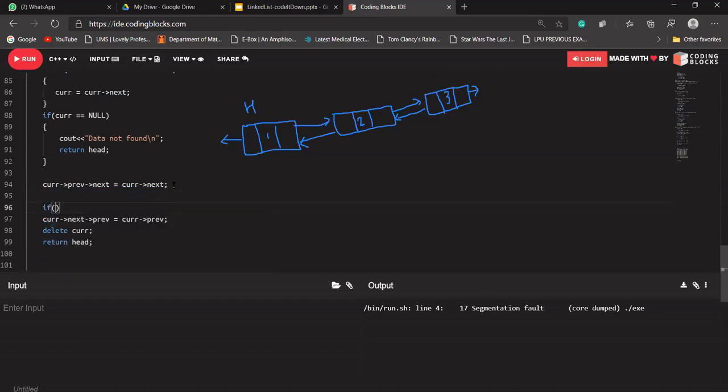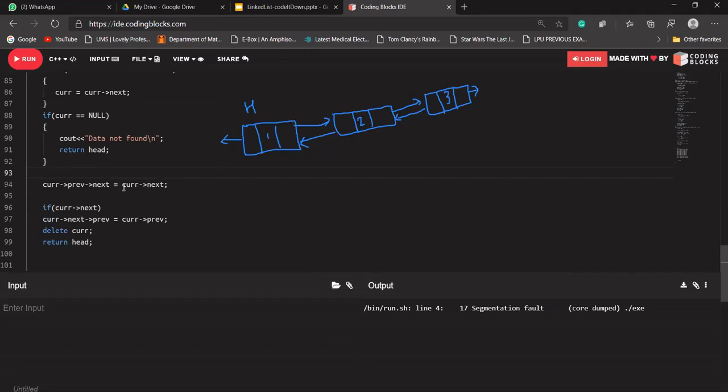Then what should it check? It should check whether current's next exists or not. If current's next exists, then it should do that. If current's next does not exist, we don't need to do anything. Simply 2's next should point to null only, because this is our last node. In this case also, suppose we want to delete 1.